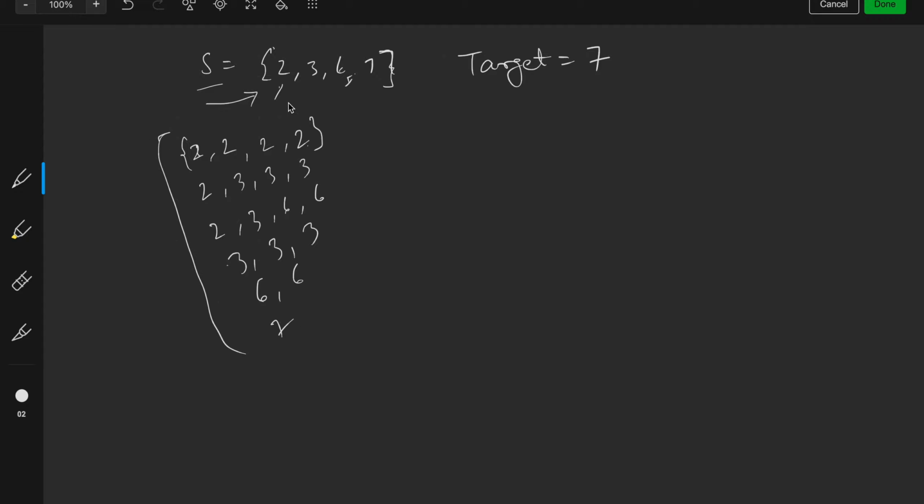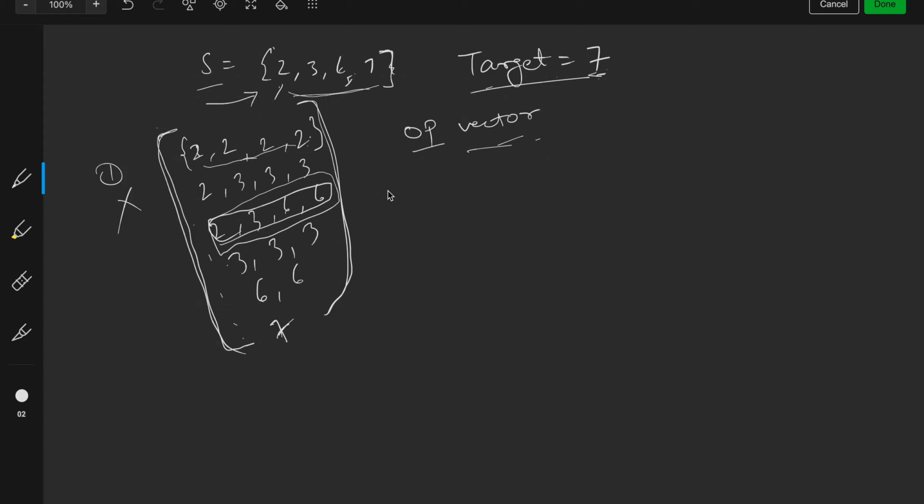Why? Because first we will list down all the combinations, and then we will iterate through each combination, find the sum of each combination, and then put them in the output vector if the summation of the combination is equal to the target which is given. So this was the first approach, which is actually not optimized, and it may lead to multiple errors also if not done carefully. The second approach would be,